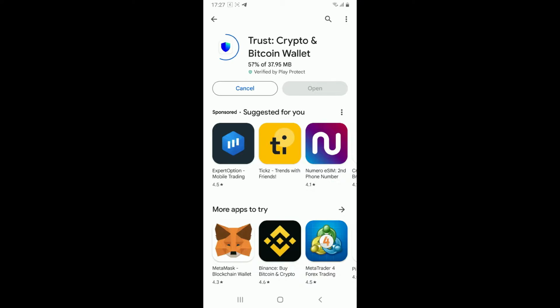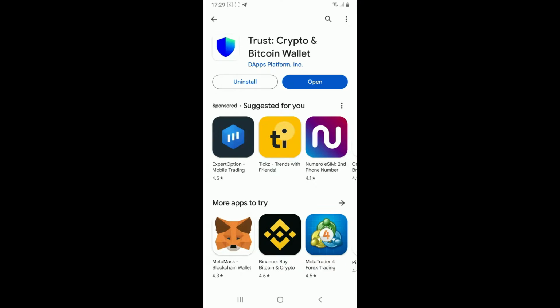minutes. Trust Wallet is a popular mobile crypto wallet app that allows you to store, send, and receive various cryptocurrencies. It is crucial to download Trust Wallet from the official Google Play Store. After the application is downloaded and installed, tap on the Open button to launch Trust Wallet on your Android